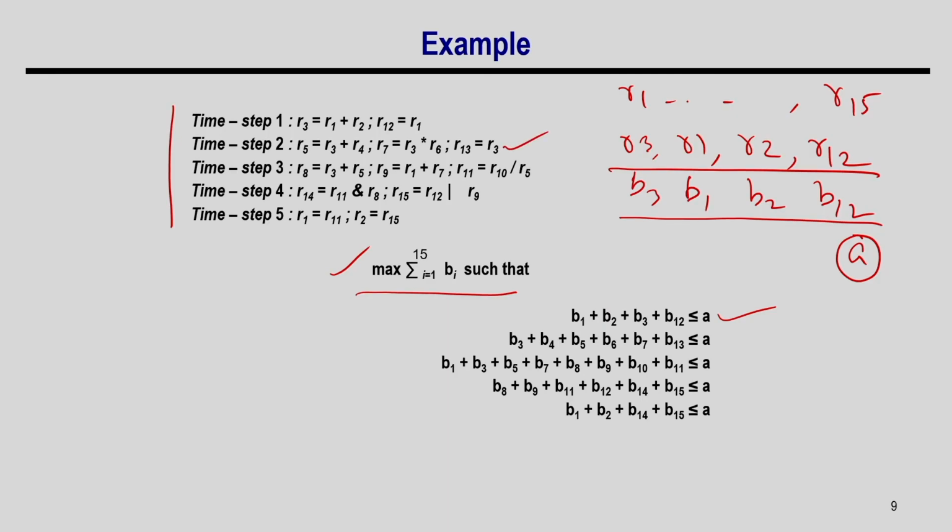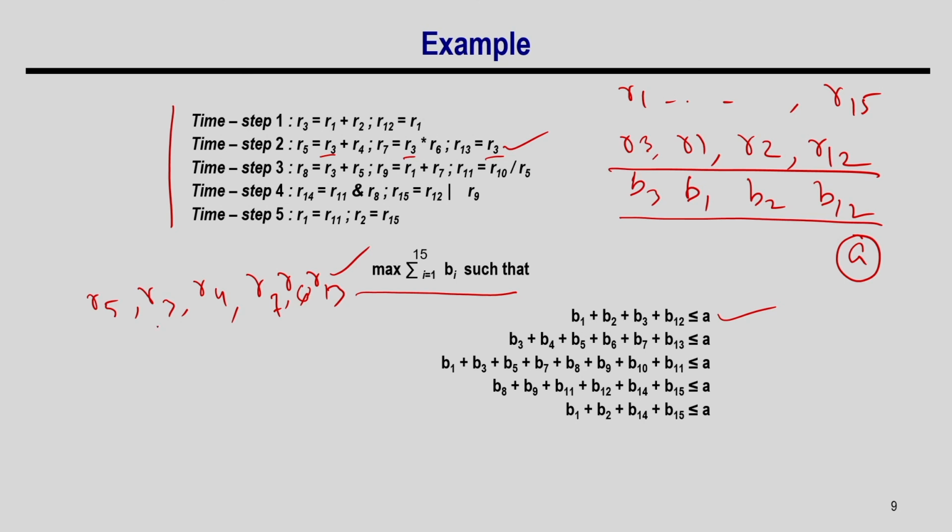Similarly, I can identify the constraint for timestamp 2. I will identify the variables getting accessed; there are too many, so I can just note them for one more timestamp. R5, R3, R4, R7, R3, R6 and R13. You see here R3 is getting accessed 3 times, but if I read it once I can use it anywhere. So, I do not have to read it 3 times.